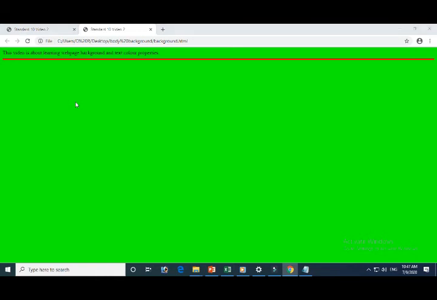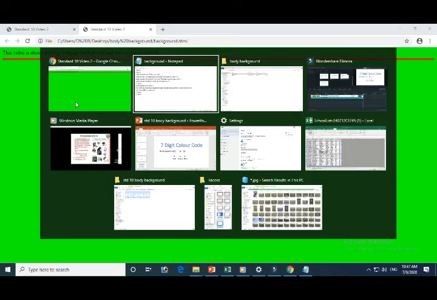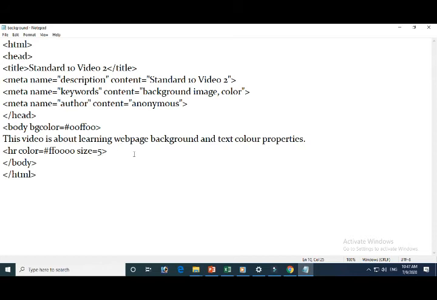Now next attribute of HR tag that we are going to use is width. Now in width we are going to write 50%. That means from left to right, whatever width of web page is, we are using a relative value for this HR. For example, 50% of screen size it will occupy. Now you can see that this line is almost half.